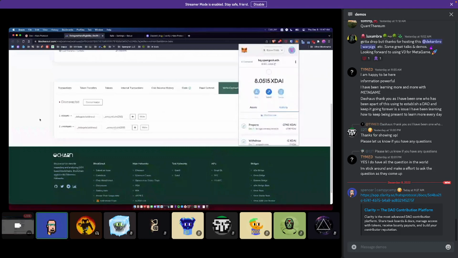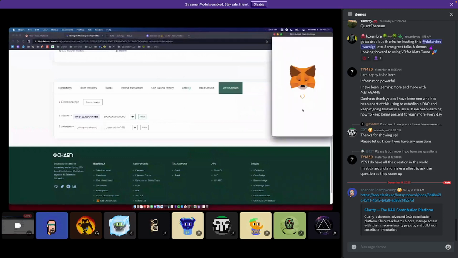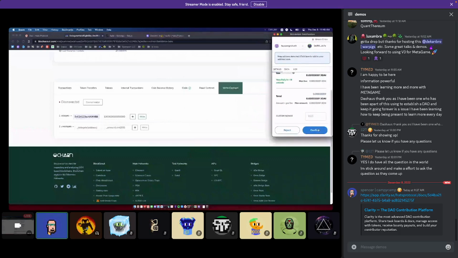Okay, so I'm going to delegate to my test wallet, which is this one here, and I'm going to delegate 10 of these tokens. If you're doing this at home, make sure you're doing this with the correct number of decimals or zeros. So I'm delegating these tokens.